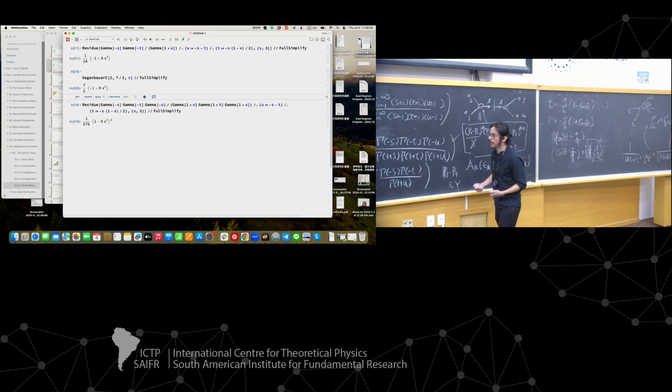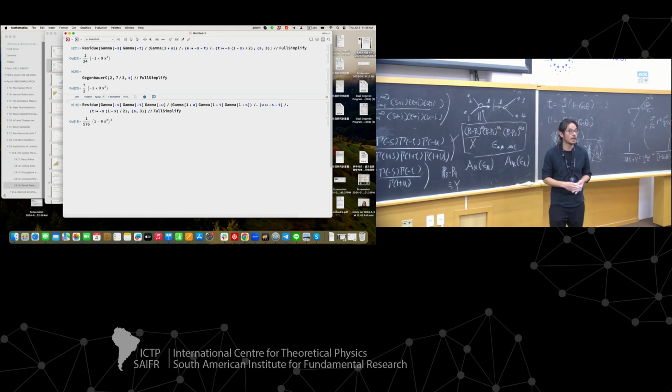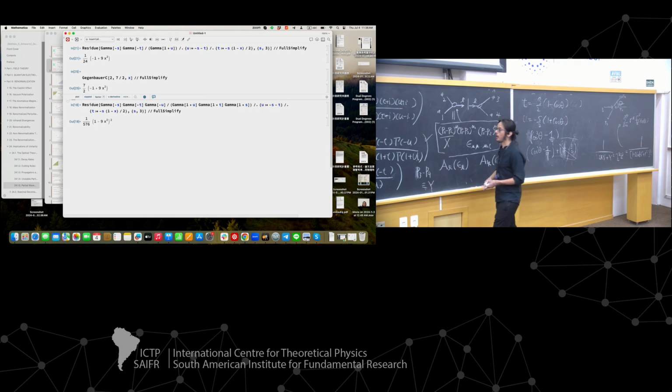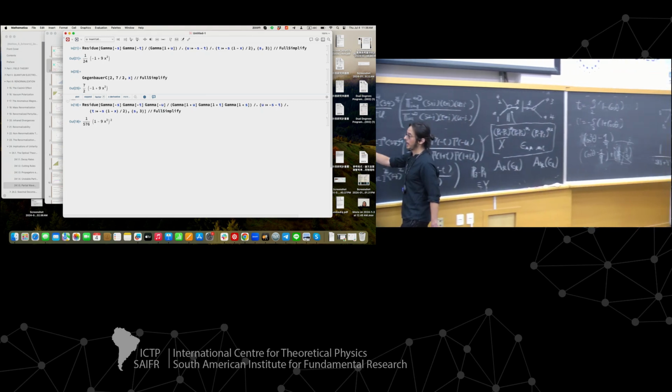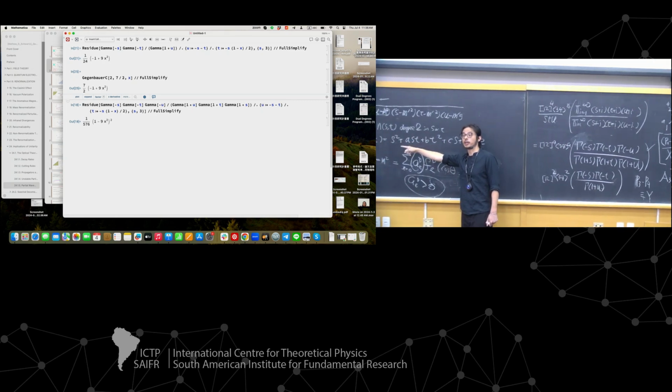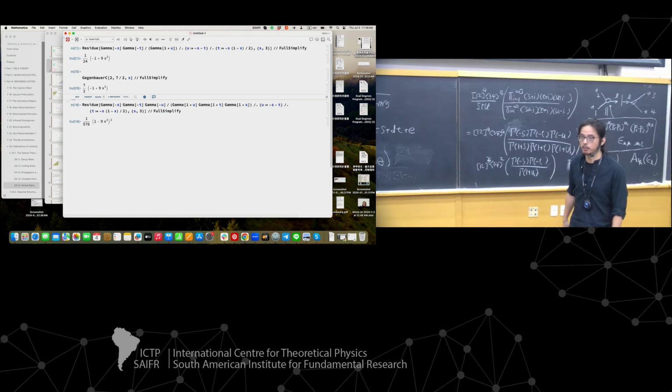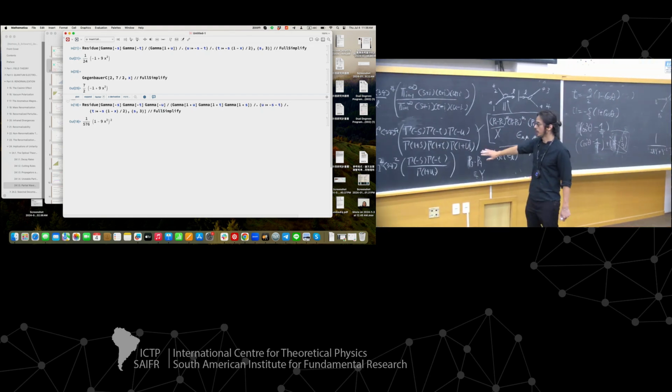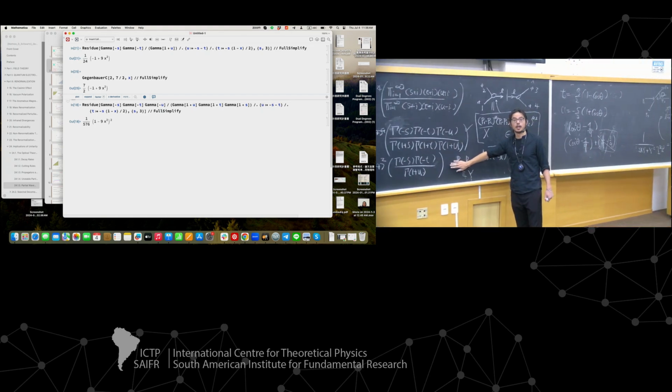So I was just using this as a toy model to see how strong this constraint is. Now I want to forget about this and just go back to using that constraint and look at what it says for my low energy theory, okay? But even before doing that, there's actually much more you can do. So this is just about the positivity expansion of your